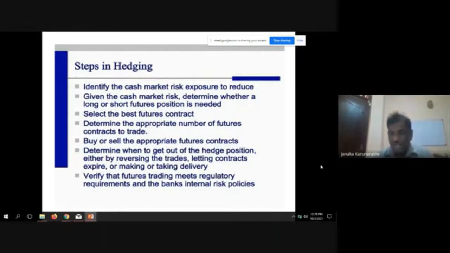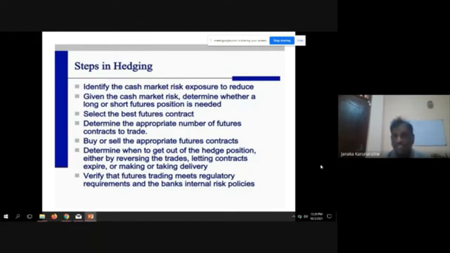So you have to decide what to do. Am I going to short or long? We will come to that later. So you identify the risk exposure, decide what to do, long or short the future, and select the best future contract. Now you can't exactly match, but select the best one to manage your exposure and determine the appropriate number